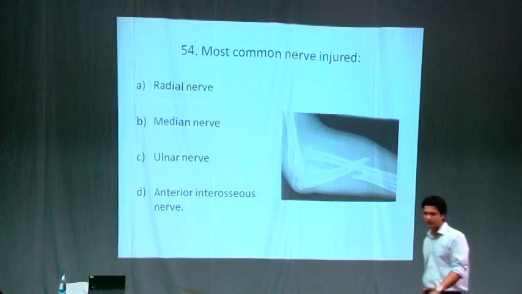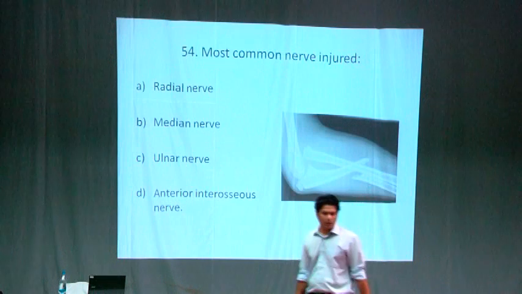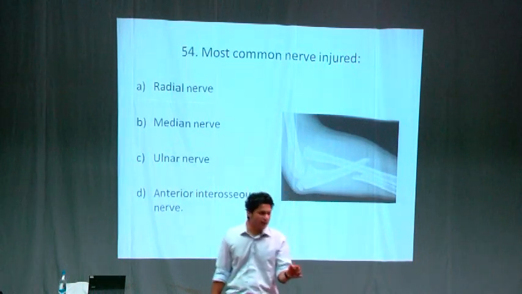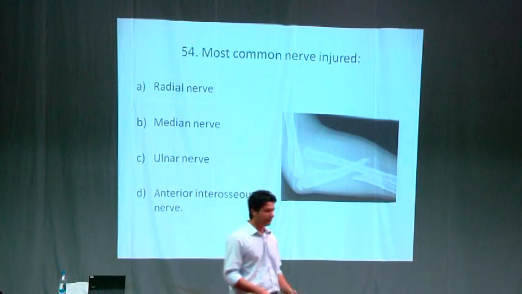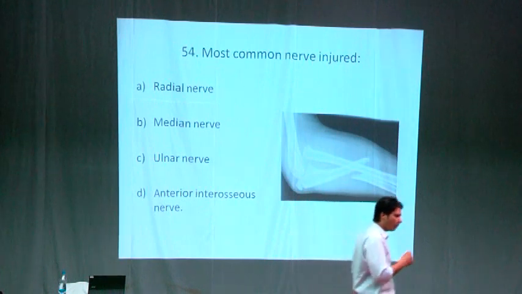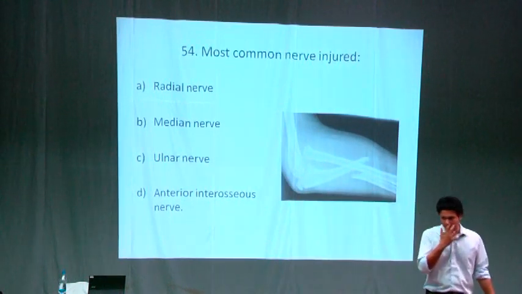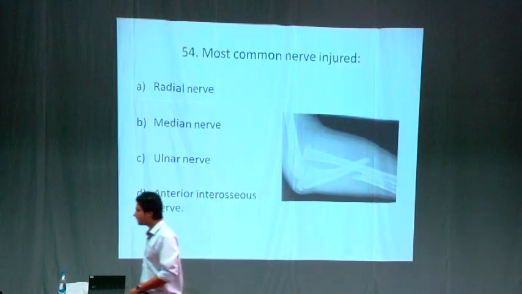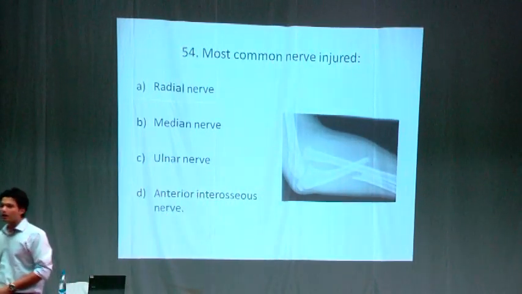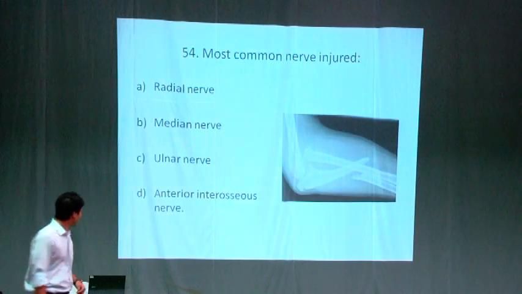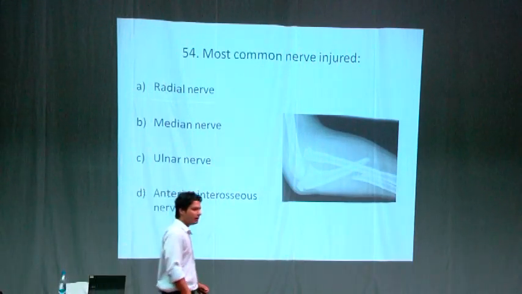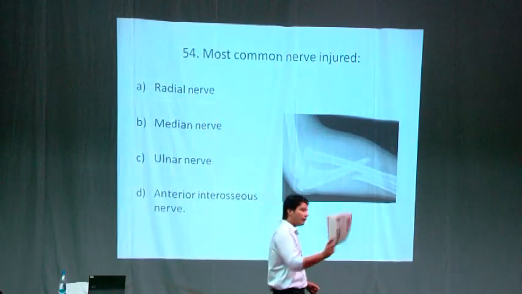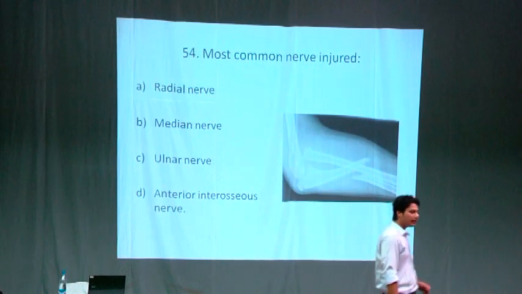What is the name of the nerve which is injured in this? It is the posterior interosseous branch of the radial nerve, which is most commonly injured in Monteggia fracture dislocation. What is the type? We have also discussed the types of Monteggia fracture dislocation. Type 1, how can you say it has gone anteriorly? Is there any reference point on the basis of which you are saying it?